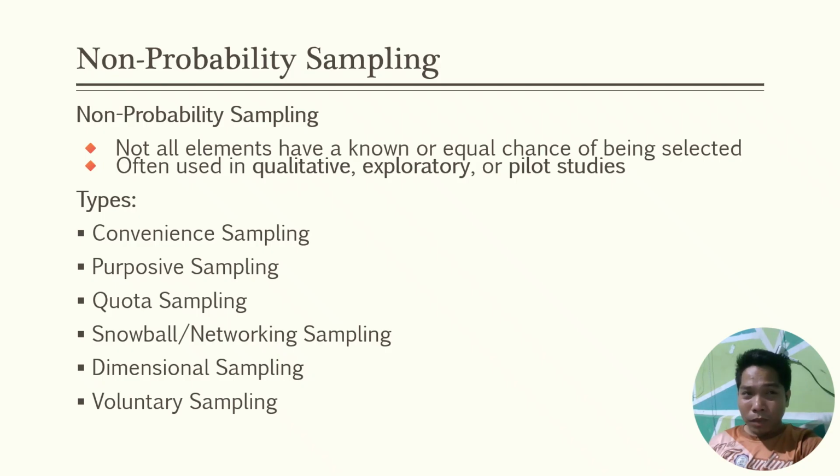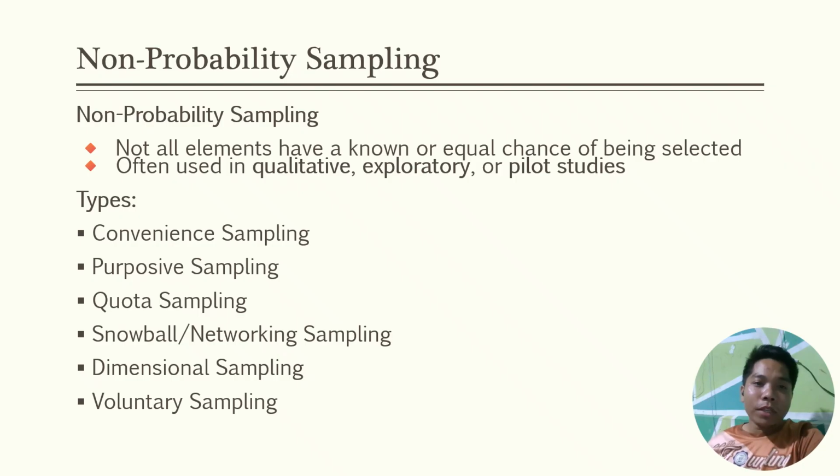If your criteria for selecting your participants has specific criteria, then you need to select the respondents based on those criteria, or else you don't have any participants at all. Or if you select randomly without taking into consideration the specific traits, then the data you will be gathering is not valid and reliable. So that's purposive sampling.